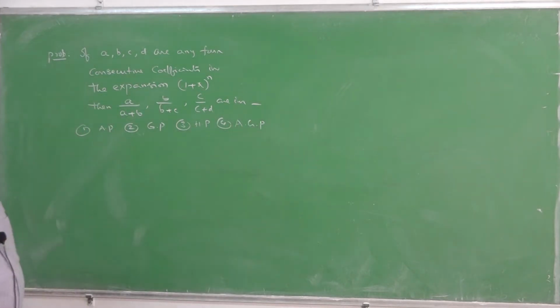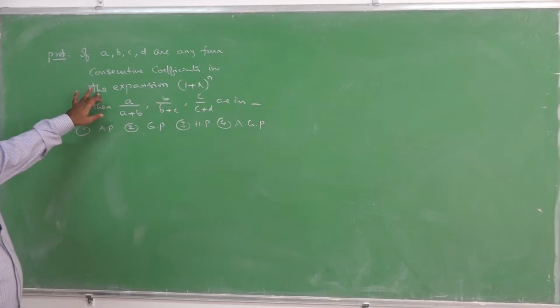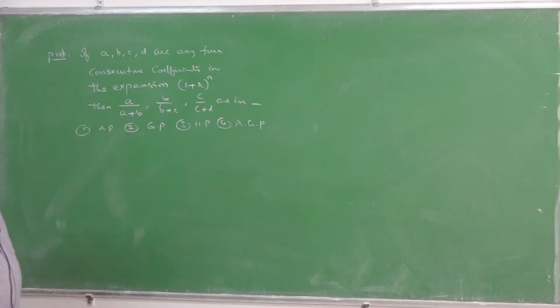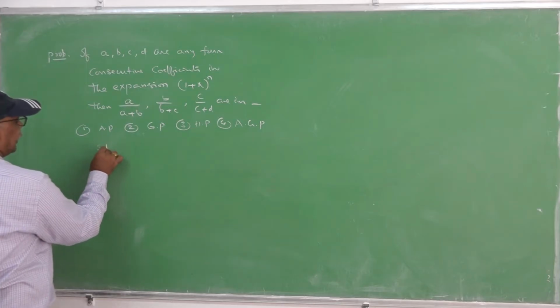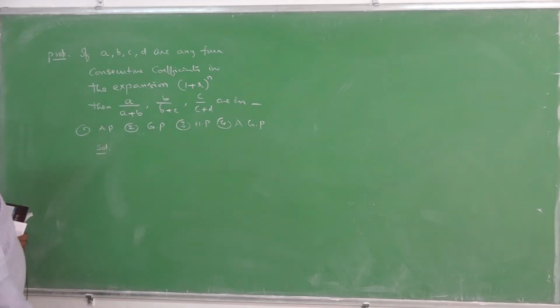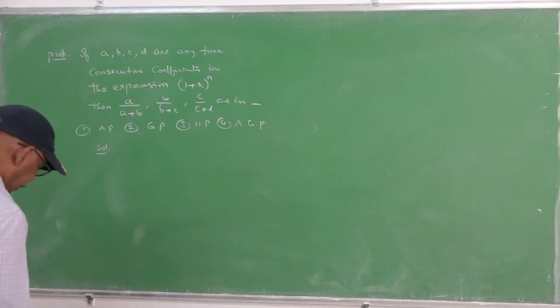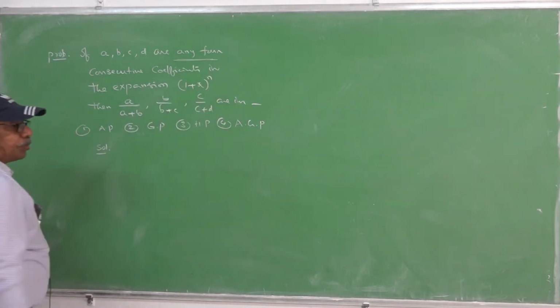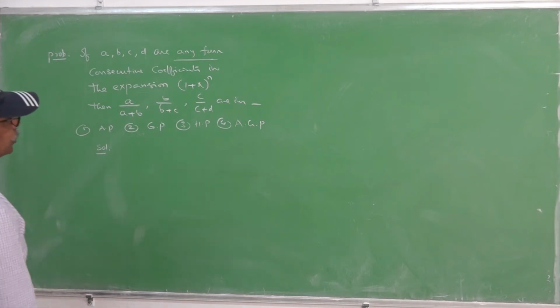If A, B, C, D are any four consecutive coefficients of the expansion of (1 plus x) whole power n, then a by a plus b, b by b plus c, c by c plus d are in dash. For this, let us consider any four. In this problem, this term is more important. You can take any four consecutive